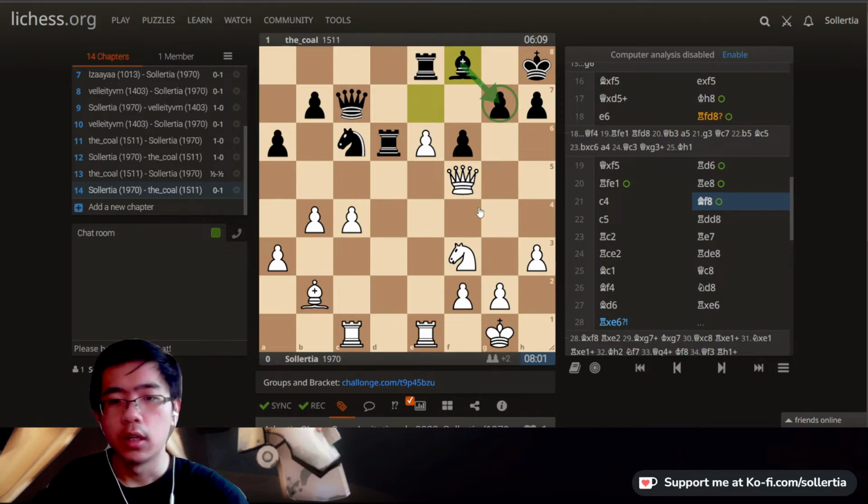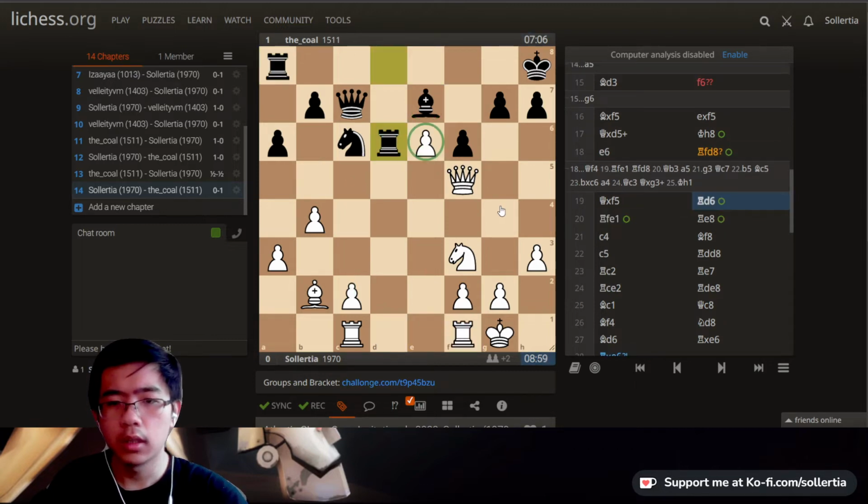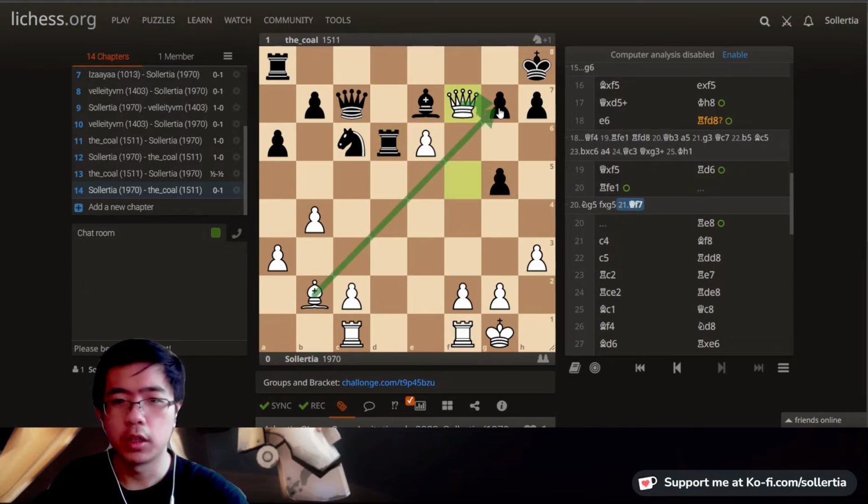g7 square. Well, actually over here, I think I had plans of trying knight to g5. If it takes, I have this. Try to threaten mate that you can't, and with the queen hanging, the bishop is pinned. But after rook takes, and like